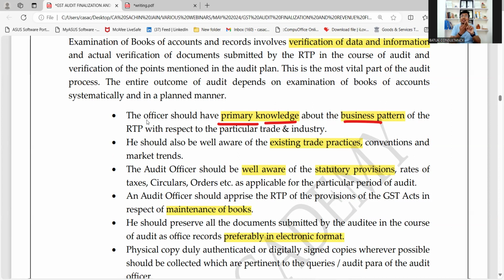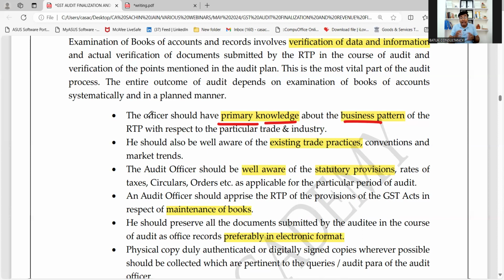Because if you have no clear idea about the business pattern, in that case how can you decide the provisions related to the applicability of place of supply, time of supply, value of supply, the GST rate, and the definition of supply, that is, whether the activity or transaction falls under the definition of supply or not? Because while doing the audit we do not rely only on the data submitted by the taxpayer,